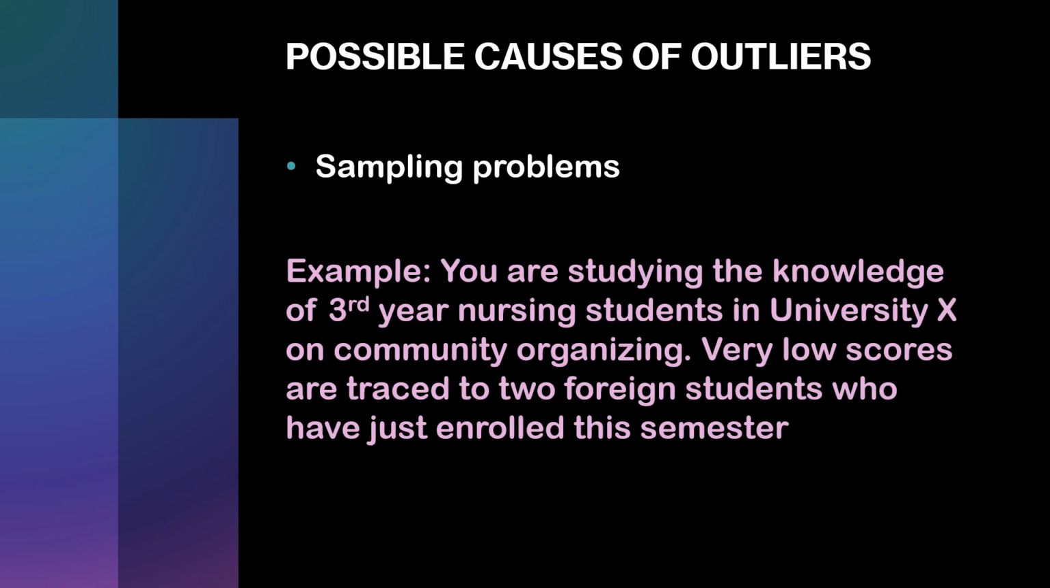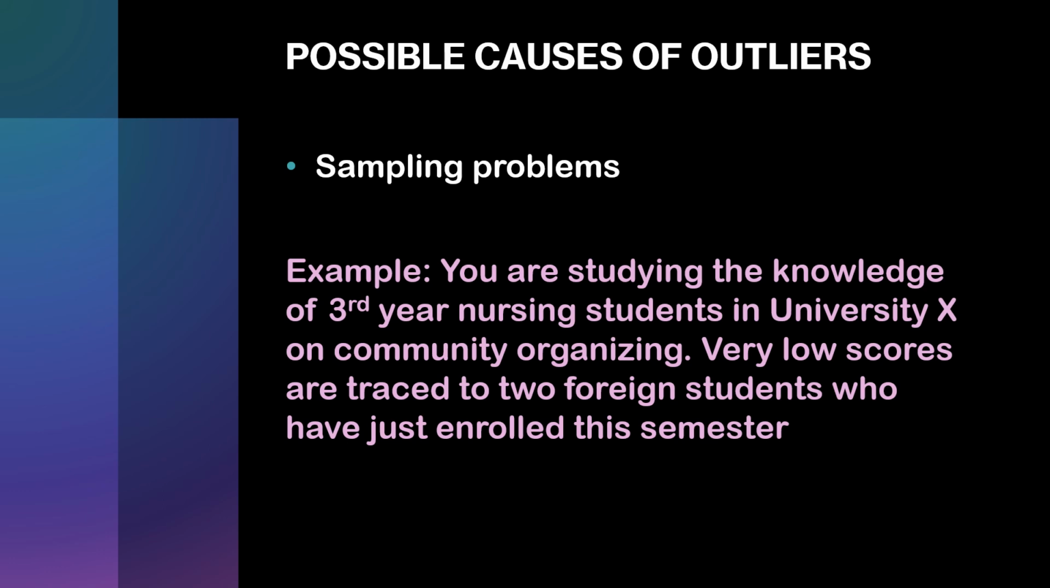Another possible cause of outliers is sampling problems. Example, you are studying the knowledge of third-year nursing students in University X on community organizing. You have chosen third-year students because in University X, community health nursing is taken up in the second year for both lecture and clinicals. So you're thinking by the time they reach third year, they are expected to have knowledge